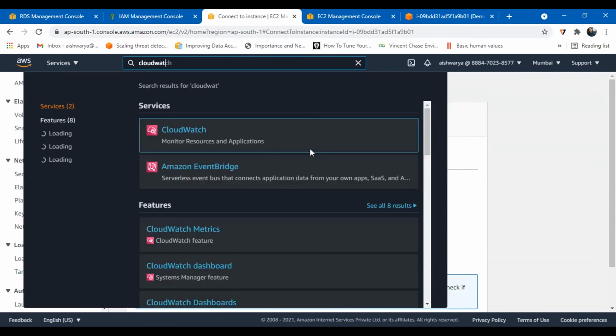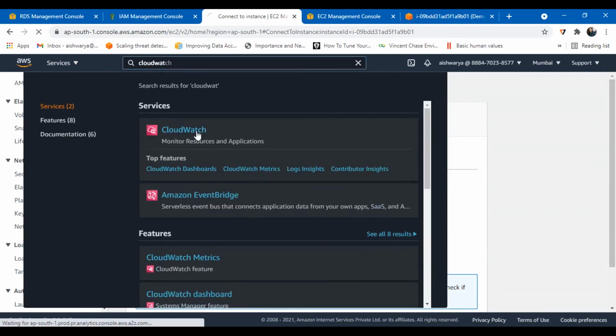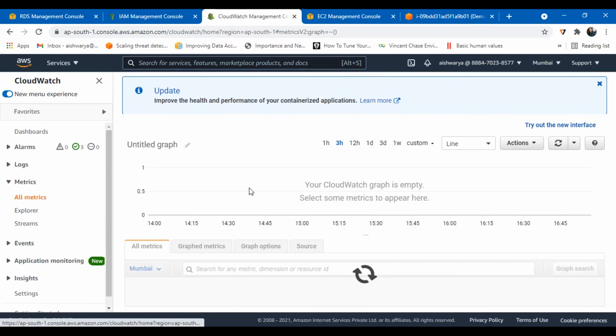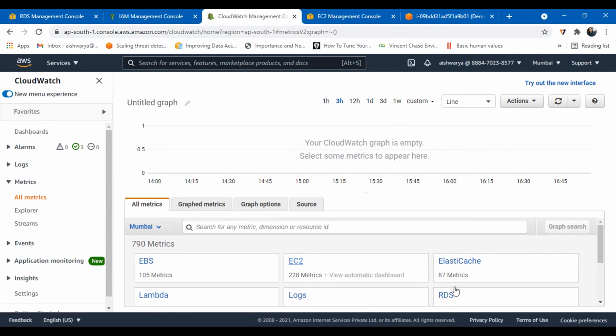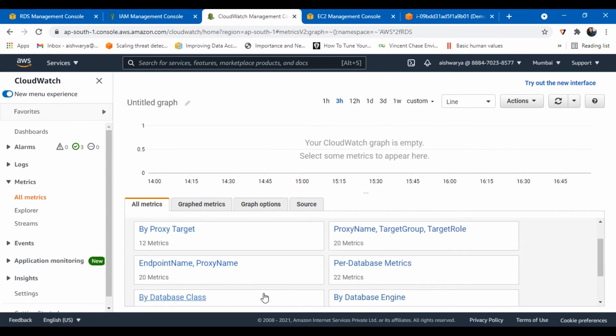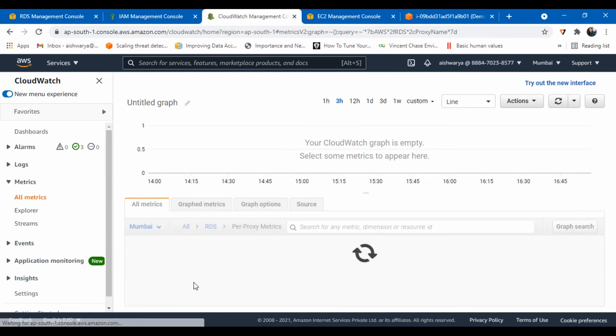CloudWatch. So from here I need to select all metrics and then RDS. So from RDS, per proxy I want. Yes, per proxy metrics are available now.